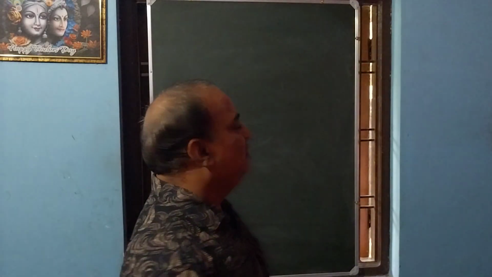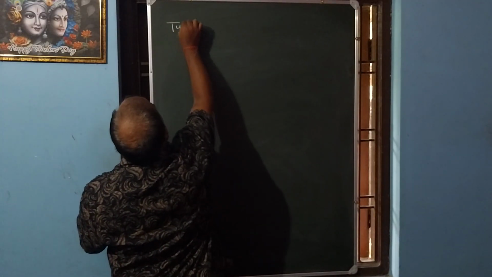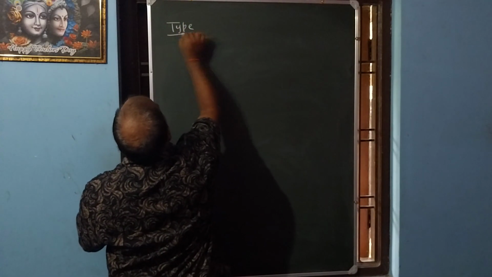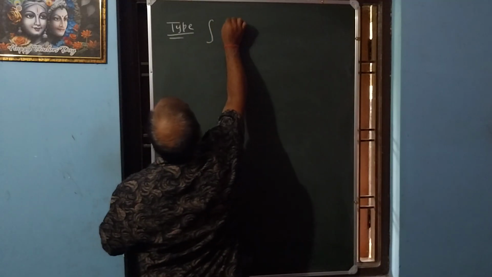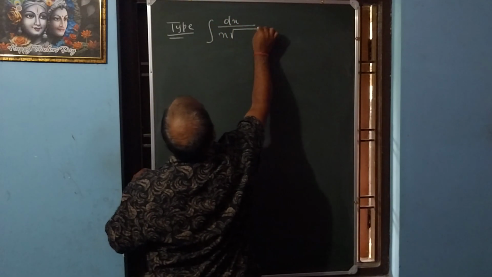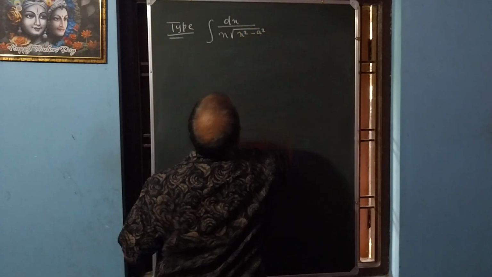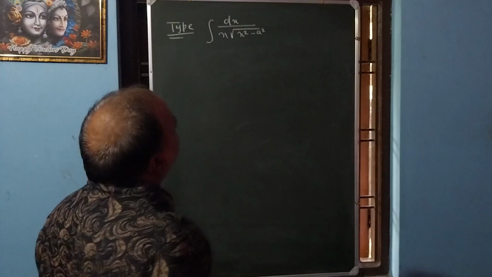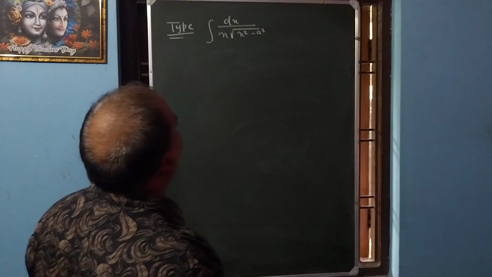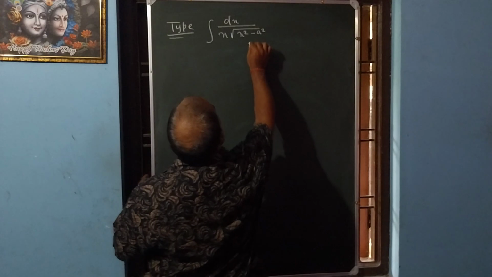Let us start some standard forms of integration. Write down the type: integration of dx upon x into root over of x square minus a square. So how can we integrate this type of formula? First of all, we have to always put